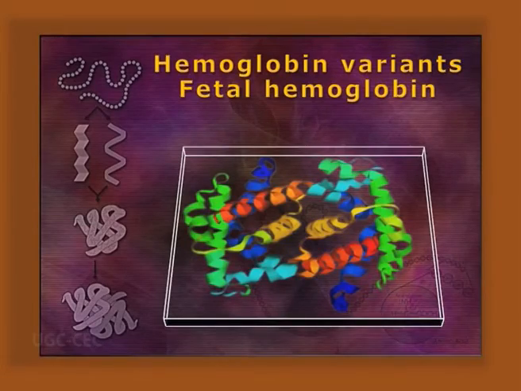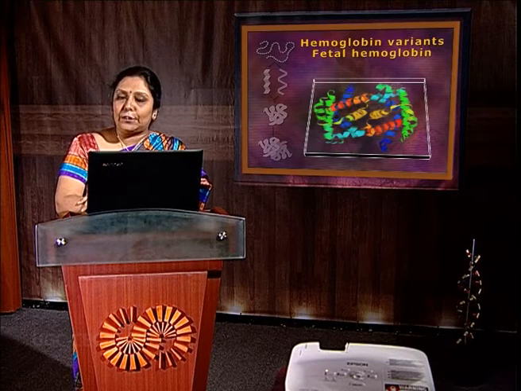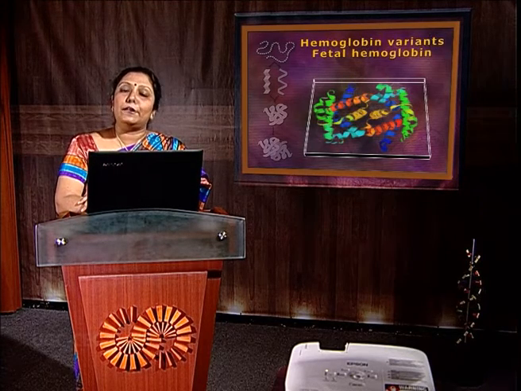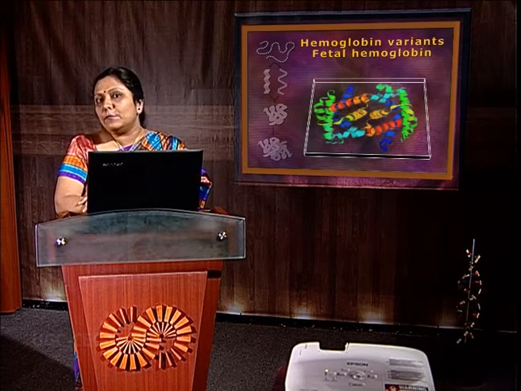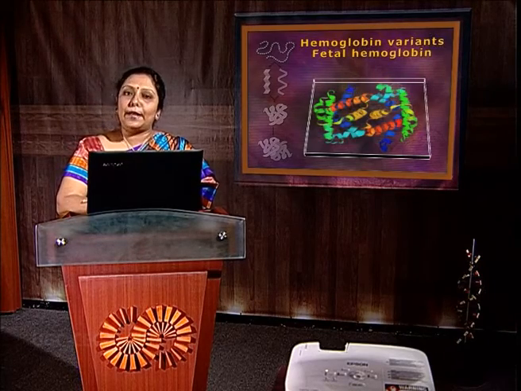The hemoglobin variants. The fetal hemoglobin, as we know, is called HbF. Apart from this, we can find the main adult hemoglobin, hemoglobin A, that is alpha 2 beta 2, and hemoglobin A2, which is alpha 2 delta 2. In the case of fetal hemoglobin, it changes during embryonic development. First it is zeta 2 epsilon 2 in the early embryo, but after some time it is converted to alpha 2 epsilon 2, and at 6 months it is converted to alpha 2 gamma 2. Then only after birth the gamma 2 is converted to beta 2.